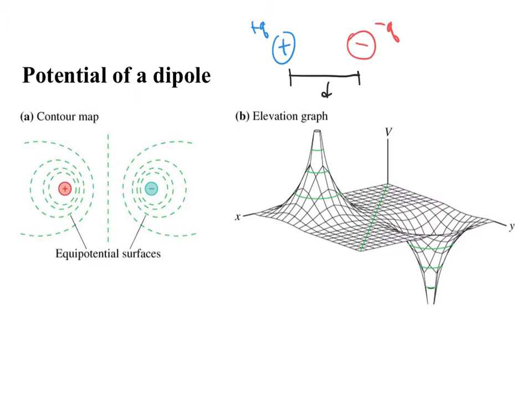And since we're adding, basically, if we take a point like this, and we say we're at this point with an R1 and an R2, we would say that the actual potential is 1 over 4 pi epsilon naught q over R1 plus 1 over 4 pi epsilon naught minus q over R2, when we would just add them up. The way this looks as drawn here, our contour map looks like this,